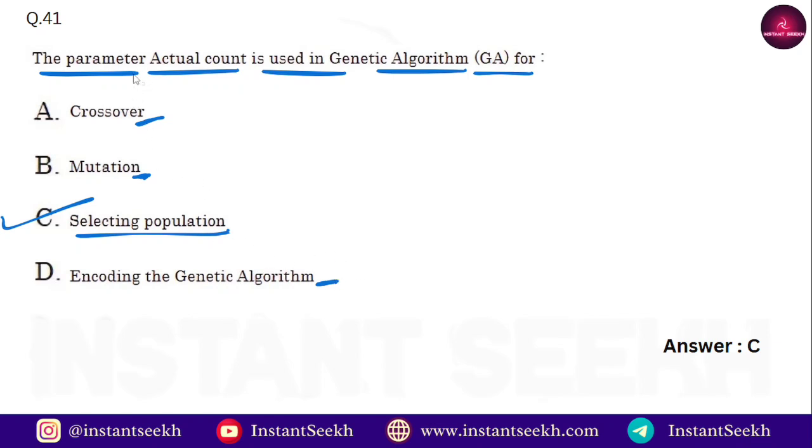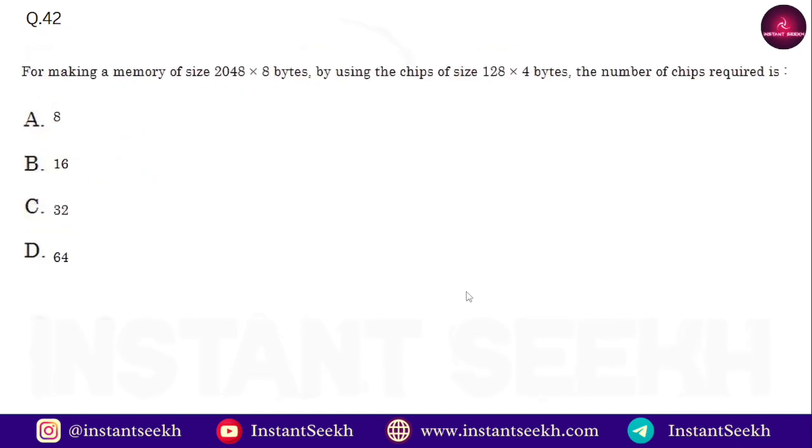Okay, so coming back to the question, the parameter actual count is used in genetic algorithm for selecting the population. So option C is your correct answer for this particular question. Let's move on to the next. Okay, next is